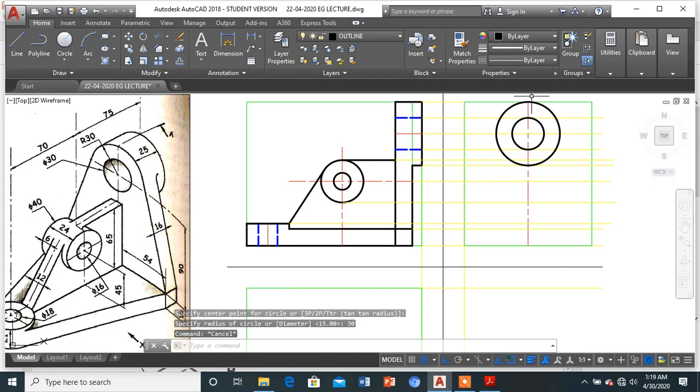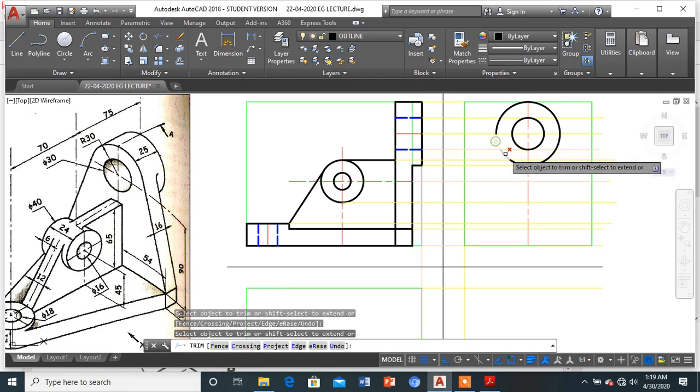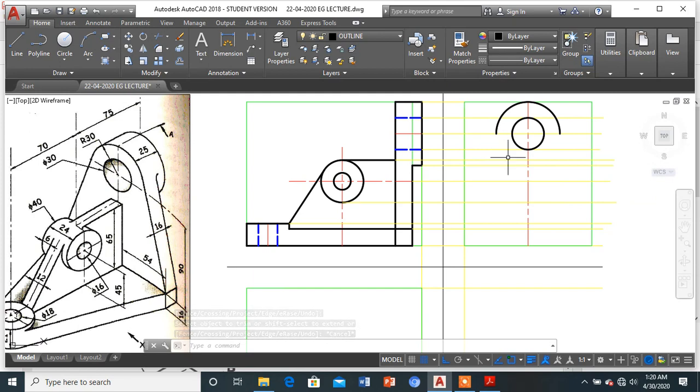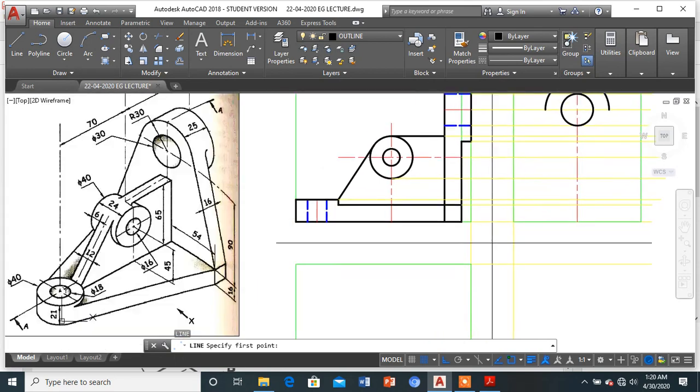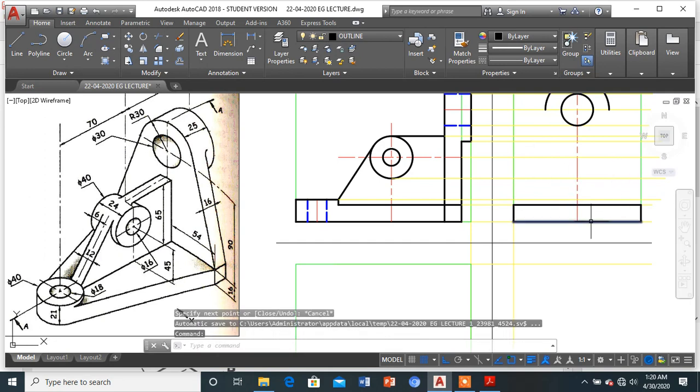Okay, so as of now, what I'll do, I'll simply trim out the part which is unwanted, which is not required by us. So I will trim out this part. Okay, so once we are done, there will be a hidden circle over here as well, which we will be drawing later on. Okay, so now what do I do? One by one, if I see this particular edge, so it's coming like this and it goes like this, gets completed this entire edge.